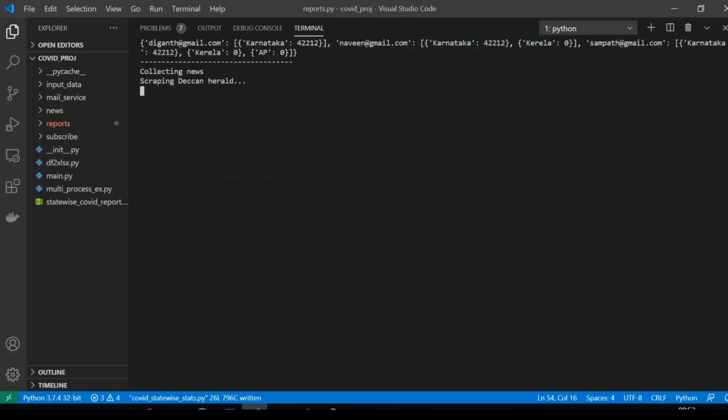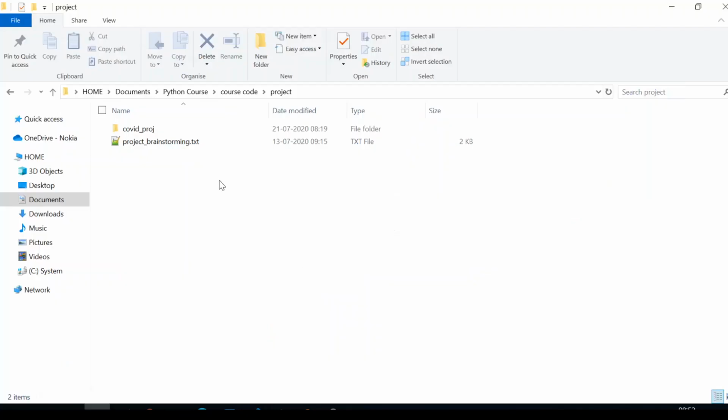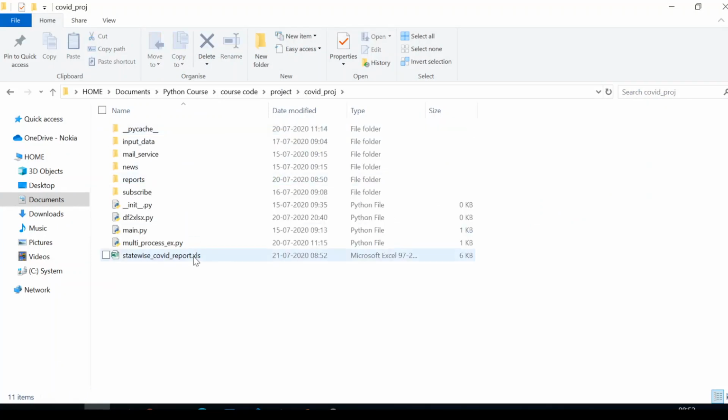So it is going to Deccan Herald and collecting today's news. Let us wait for a couple of seconds. Okay, let us look at the Excel sheet that is generated.